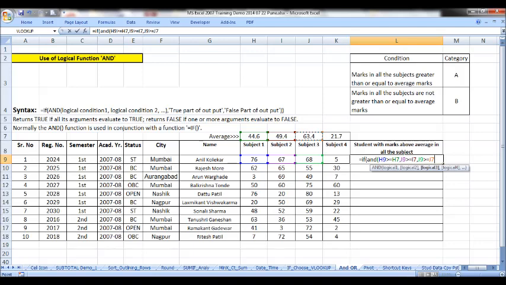And the last condition is, comma, marks in subject 4 greater than or equal to the average of subject 4. Now we have all 4 conditions. Close the bracket.